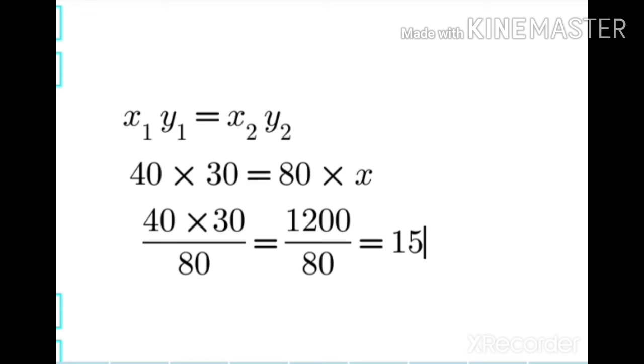Okay students, direct and inverse proportion is very much useful in project scheduling. The direct and inverse proportion concept is mostly used in project scheduling. A project can be any work that is time bounded, like building a house or construction of a bridge. For all these, the direct and inverse proportion concept is mostly used.